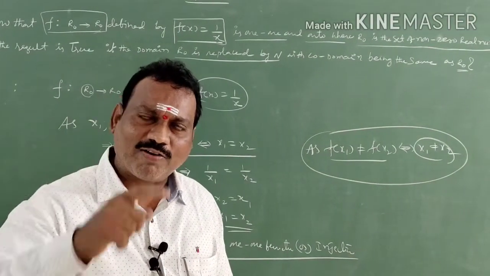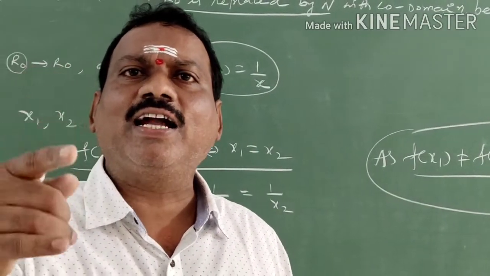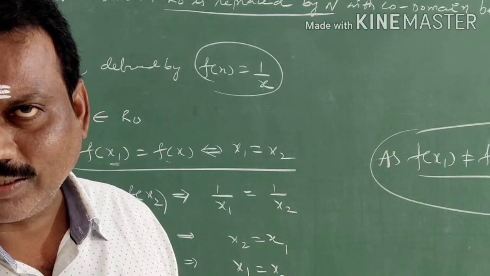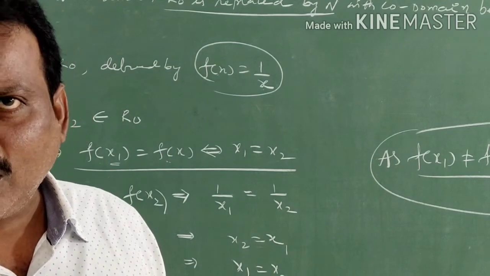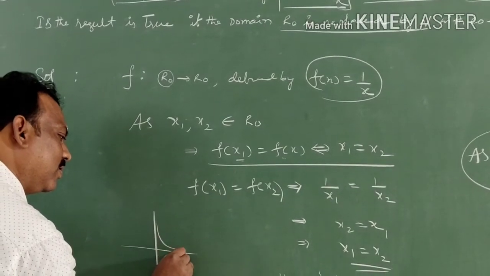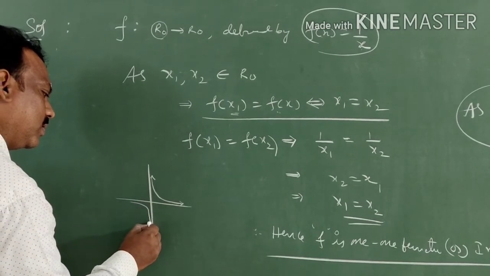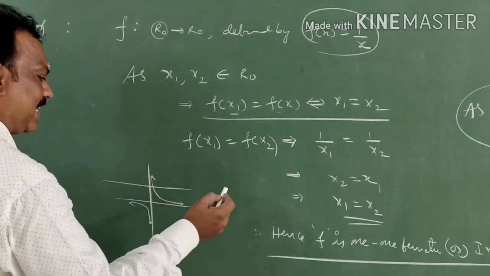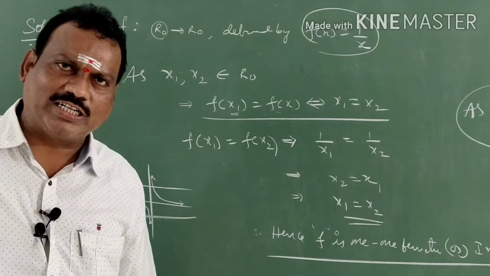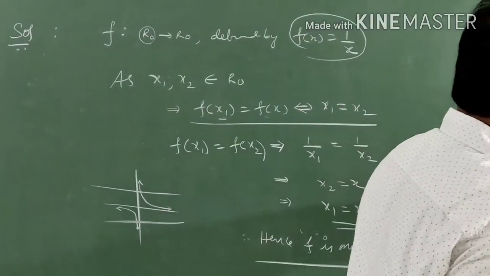I told the graphical test for a 1-1 function. What did I tell as the graphical test? If you draw a line parallel to the x-axis, it cuts at most 1 point. Correct only? It cuts at most 1 point. Then it is a 1-1 function. So I told it is the reciprocal function graph. Do you remember here also? If you draw a line parallel to the x-axis, it cuts at most only 1 point. Correct or not? So directly we can say it is a 1-1 function. Clear, students? Right.